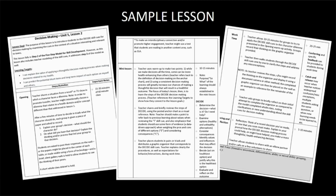Here's the opening stage and what happens in that stage, the mini lesson stage, work time, and then again that sharing reflection, which is the debrief. You may notice that you also see approximate length of time that should be dedicated to each of those stages. So again, we try to bear in mind that the work time should always be the longest stage. Sometimes it's a little longer or a little shorter than others, but a goal is to always have the work time be the longest stage. And again, you see specifically how the skill plays out